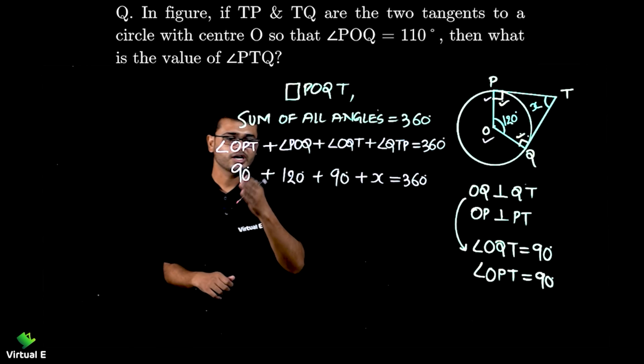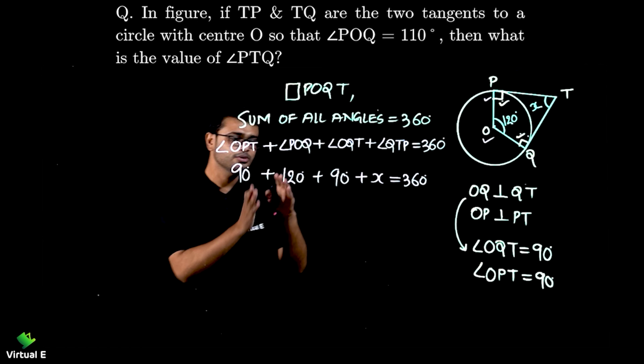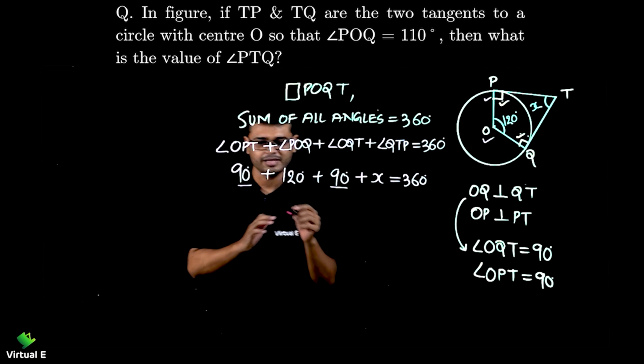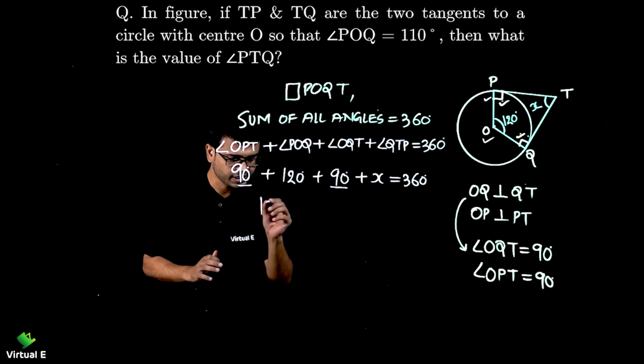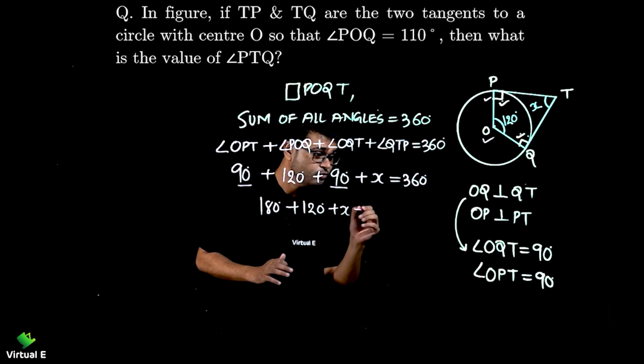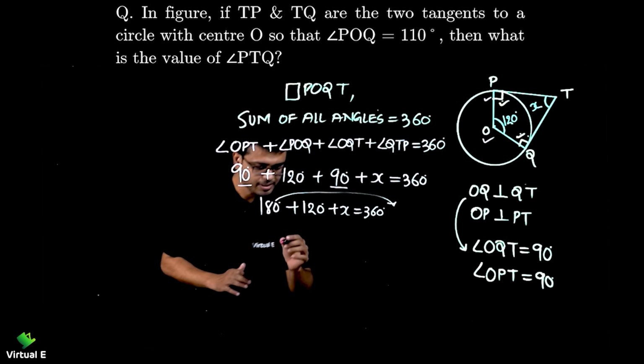So what we are going to do, we are going to subtract all these angles from that one, right? First of all, I'm not going to add all of them. I'm going to do it in a systematic way. So you will come to know that we are getting the same answer. 90 and 90 will make 180 degree, right? 120, let me keep as it is. I'll tell you why. 360 degree, right? Let's shift this 180 here. So it will become negative.